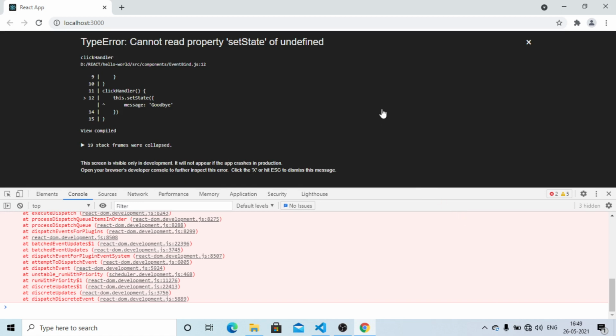However, the application breaks here, and if we take a closer look at the error, it says cannot read property setState of undefined.